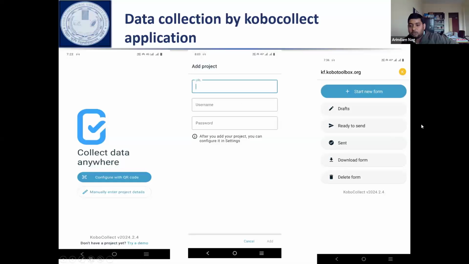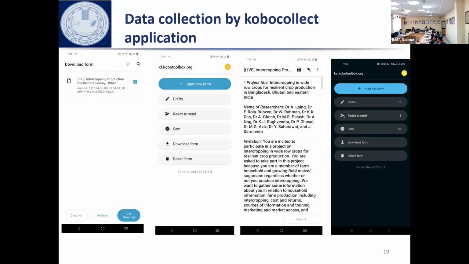डाउनलोड फॉर्म पे जाके क्लिक करना होगा। जब आप डाउनलोड फॉर्म पे क्लिक करेंगे, उसके बाद आपको दिखेगा कि ये लेफ्ट टू राइट ऐसे ही सीक्वेंशियली स्टेप्स आएगा आपके, जैसे इसमें स्टेप्स वाइज आया है वैसे ही आपके कोबो में लॉगिन करने के बाद जब डाउनलोड करेंगे, डाउनलोडेड फॉर्म पे ये दिखाएगा, जिस नाम से आपने फॉर्म बनाया था, प्रोजेक्ट को शुरू किया था, वो प्रोजेक्ट का नाम दिखाएगा, जिसमें इसमें लिखा हुआ है इंटरक्रॉपिंग प्रोडक्शन एंड इनकम सर्वे, वैसे ही आपका जो भी प्रोजेक्ट का नाम है वो दिखाएगा।